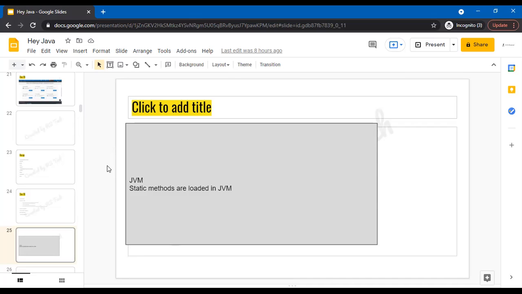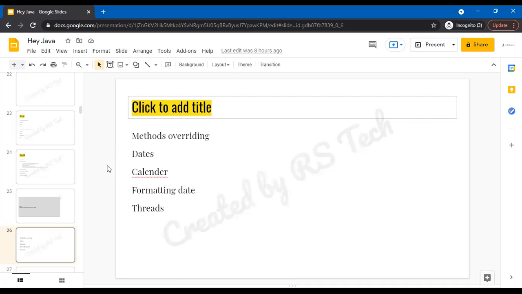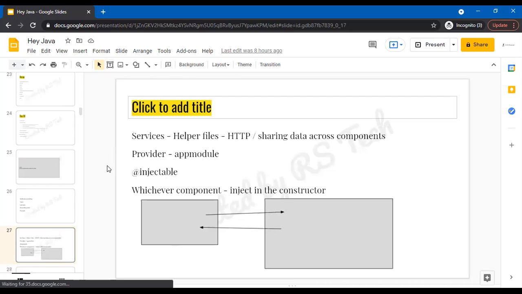The reason we discuss JVM architecture is because static methods have to be loaded. Okay, why static method? The Java main program has a public static void main. Spring Boot has a main method. And what happens with the main method? A main thread is created. When we come into threads, what are the different ways of creating a thread? When we come into static methods, how do we call non-static objects? How do we place them? How do we create objects? So there comes Spring MVC, the autowiring. We saw how to autowire, and method overriding, dates,